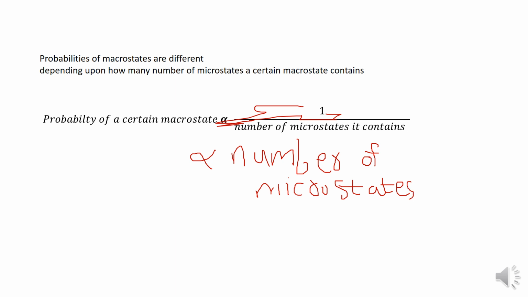So this is wrong here, because the probability of a certain macrostate is not inversely but directly proportional to the number of microstates. In this way